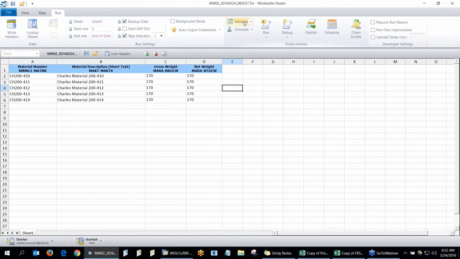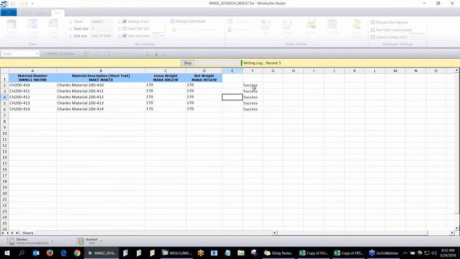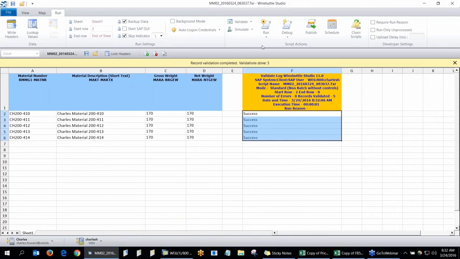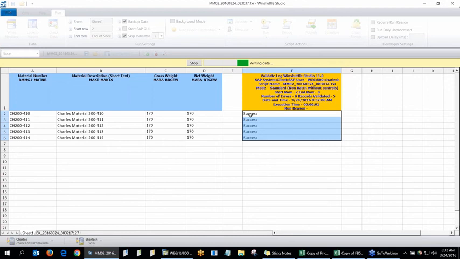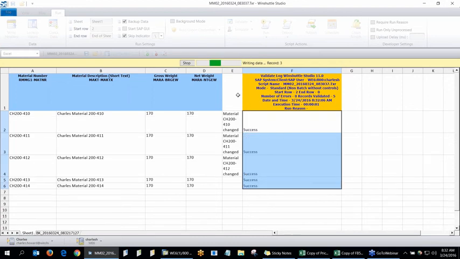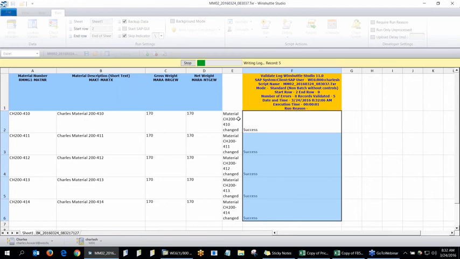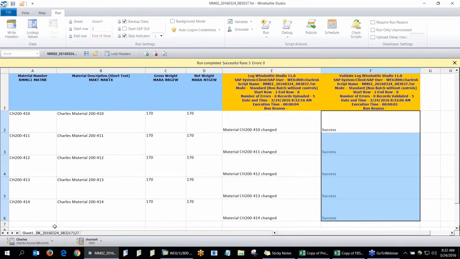So at this point, I can go ahead and validate again. And again, we see success messages. Now that I'm ready to run, I can go ahead and run that. And we see my SAP messages here. It's also given me a new sheet here, which is backup and then a date and timestamp. And if I look on here,